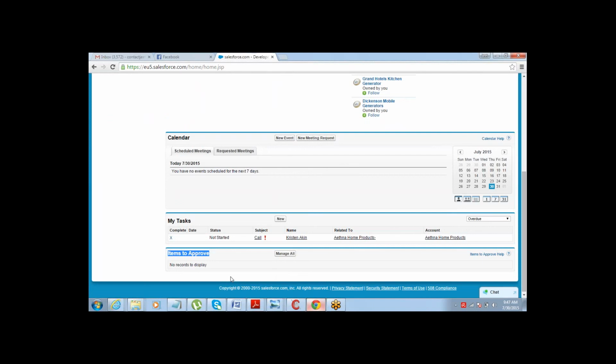So in that case, I believe this would be an easier way to access the items to approve, right? Yeah, I mean, it depends on what kind of volume you have. If you are receiving just one approval request in a day, then I think email is also okay. But if you are receiving, let's say 25, 30, and you do not have that much time to go back and click on the link through every email, then maybe this is the better way, right? It depends on the volume.